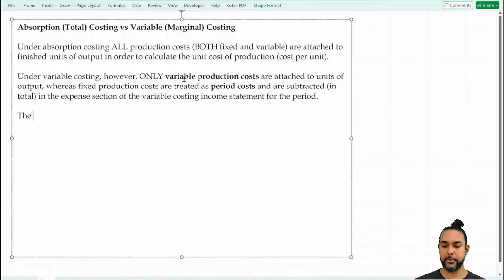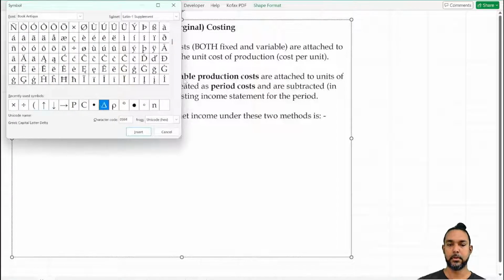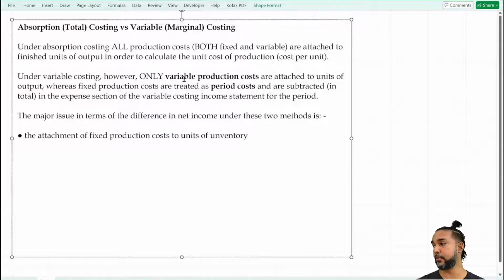All right. So the major issue in terms of the difference in net income under these two methods is the attachment of fixed production costs to units of inventory under absorption costing,